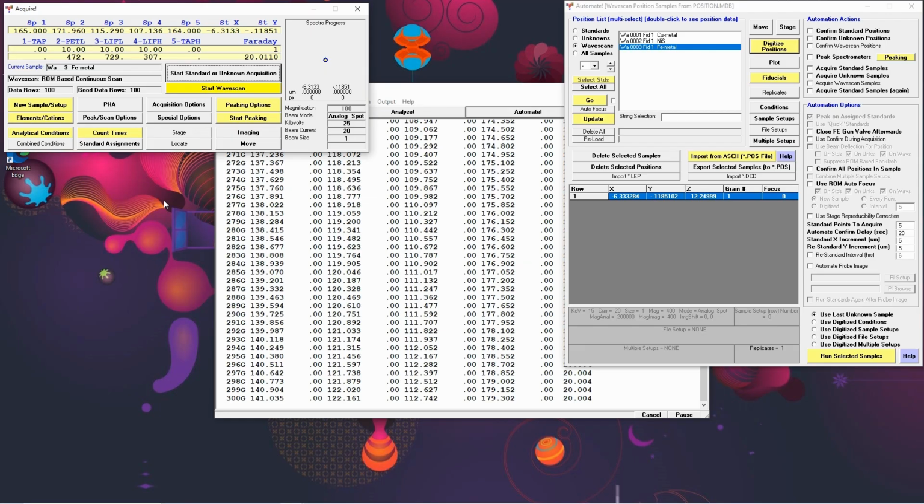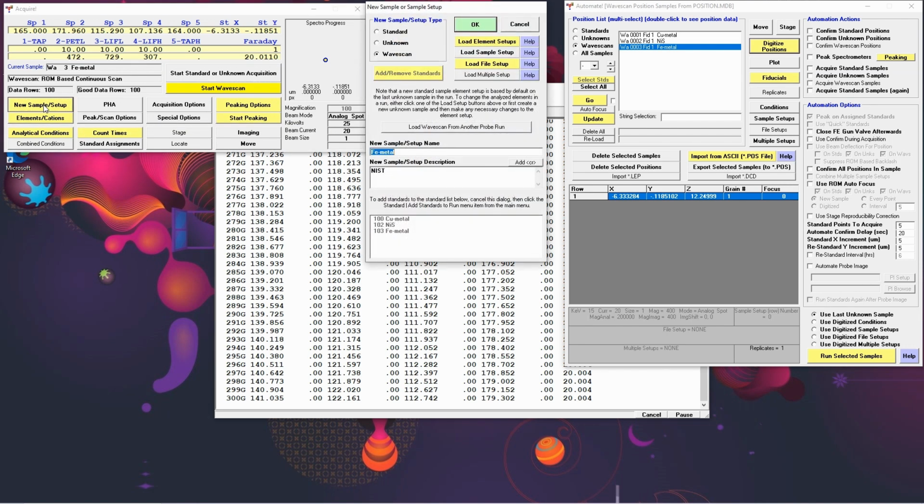In sample setup part 2, we picked the spectrometers and we found the background positions that we wanted to use, and we also checked if we wanted to set up any interference corrections. Now what we want to do is calibrate our standards. So the last thing we ran was a wave scan, so to make things easier we'll do a new sample